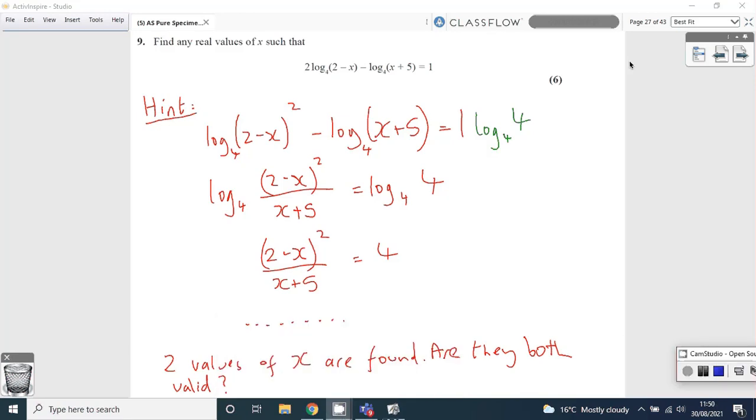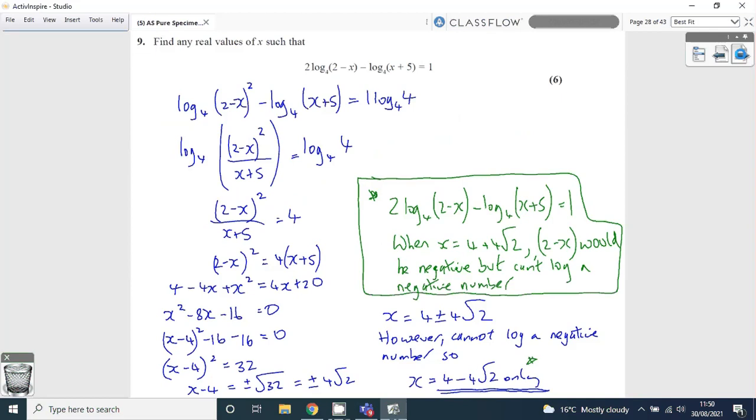And our solution to question 9. So carrying on from the hint, we've introduced log 4 to the base 4 on the right hand side. Remember, log anything to its own base is 1. So now all three terms have got a log to the base 4 in them. We've then tidied up the left hand side. We've taken the 2 upstairs using the power rule and then combined it into a single term using the division rule. We've then got log to the base 4 something equaling log to the base 4 something. So these two components equal each other,